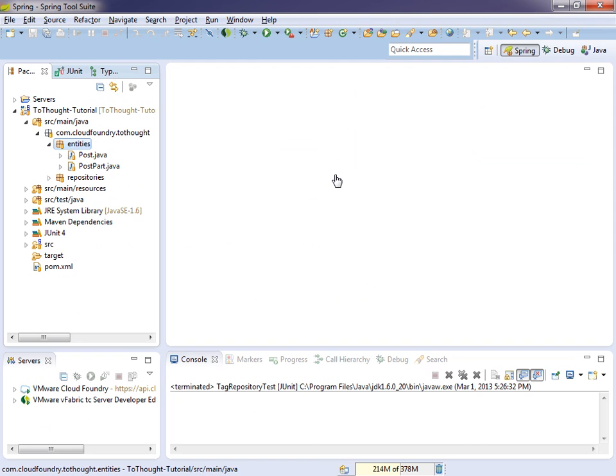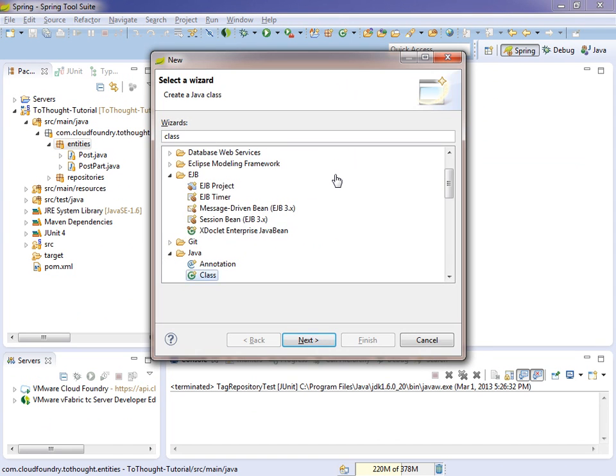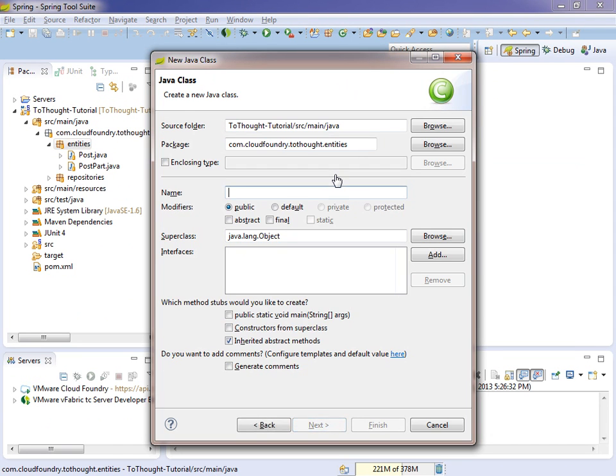To begin, we will open Spring Source Tool Suite, and within the project we will navigate to the Entities package, and we will create a new class. This class will be called Comment,